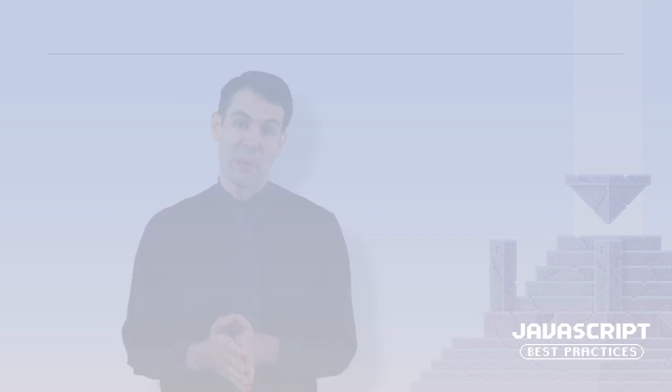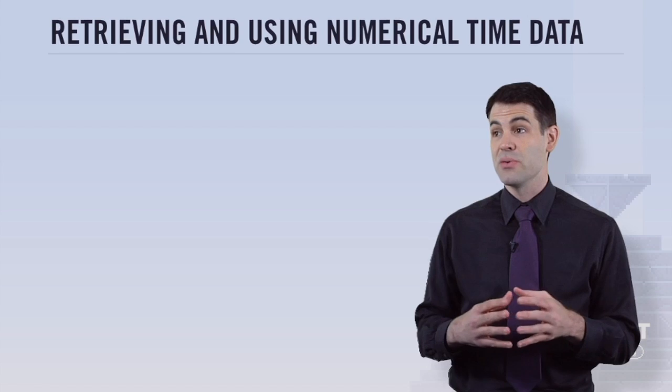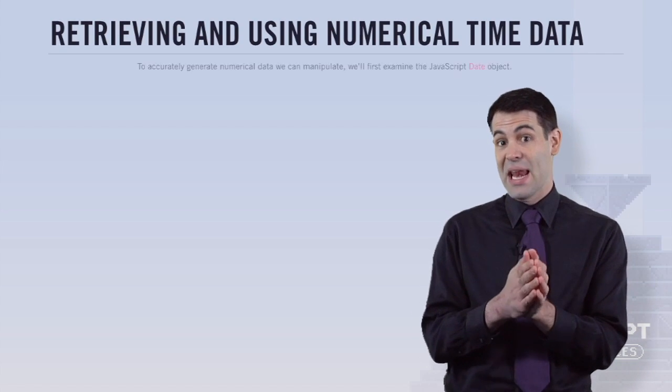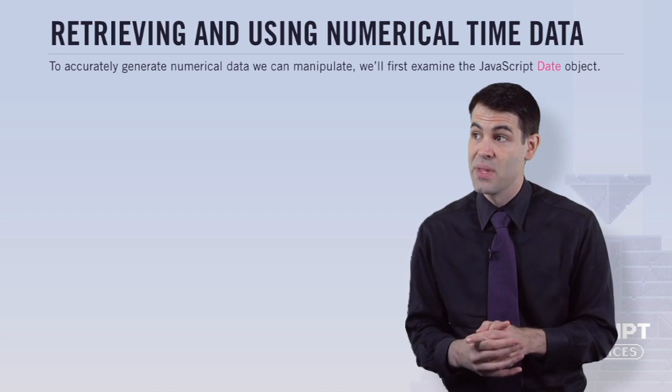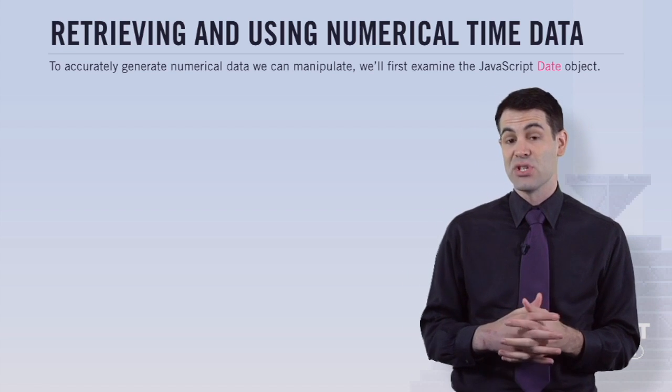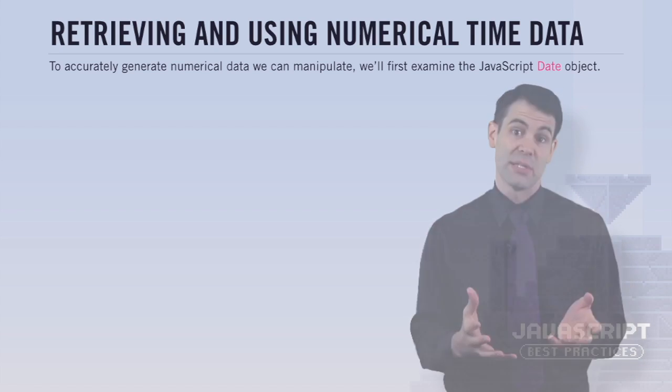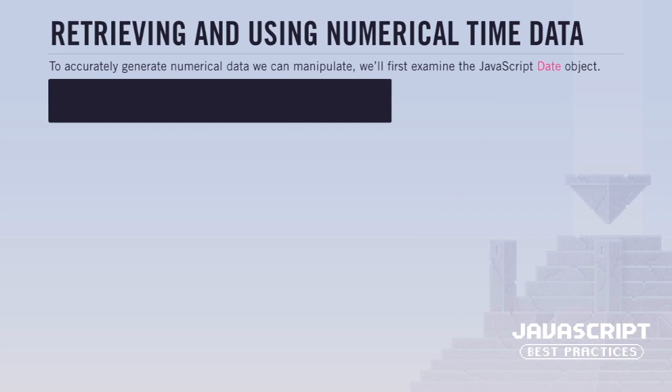Now to get accurate average measurements for your code, we're going to need to be able to retrieve and use actual numerical time data. This is data that we can actually manipulate, right? So first thing we're going to do here is examine the JavaScript date object, which will provide us with that numerical data. If we establish a variable here called RightNow, and we set it equal to a new date object,